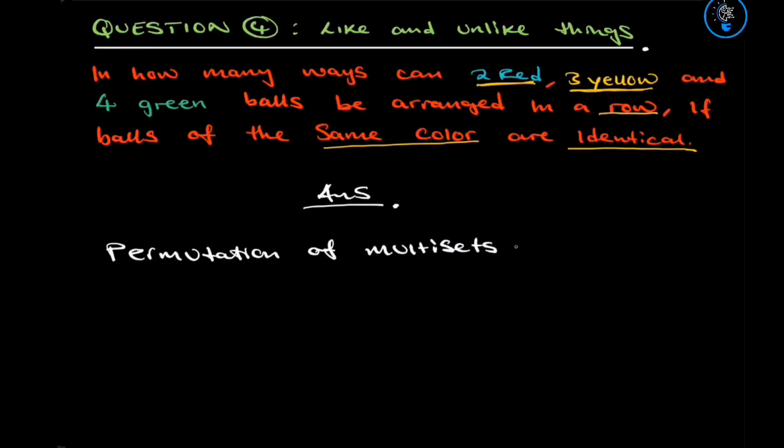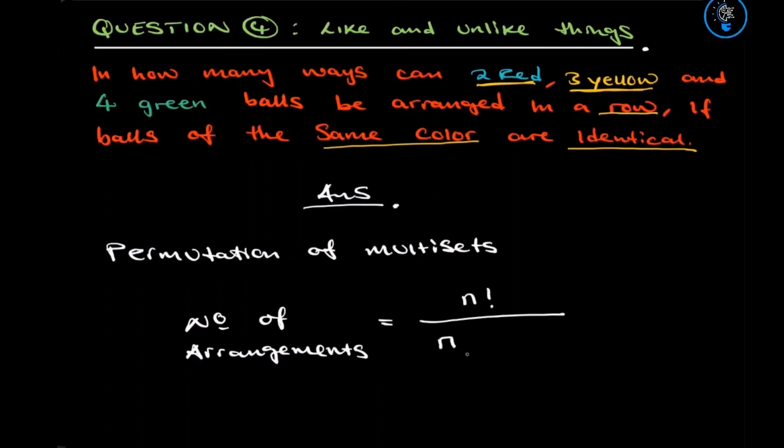So the formula looks like this: n permutation r. Actually, no, we don't say n permutation r. The formula will look like number of arrangements is equal to n factorial